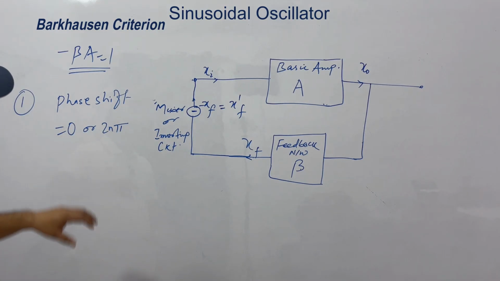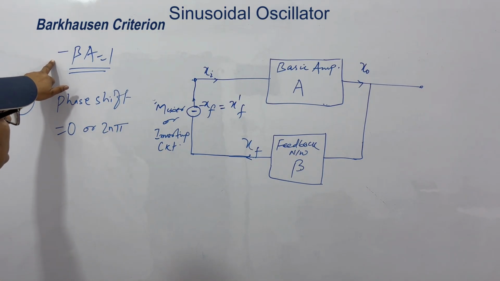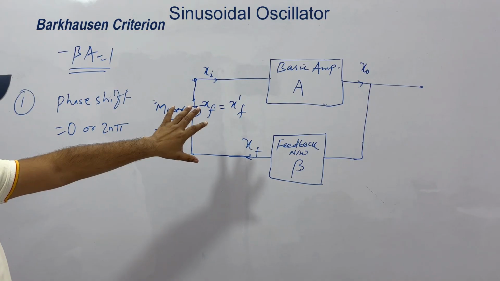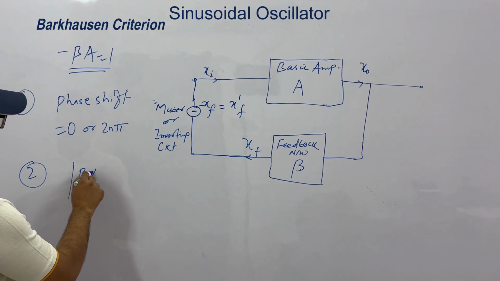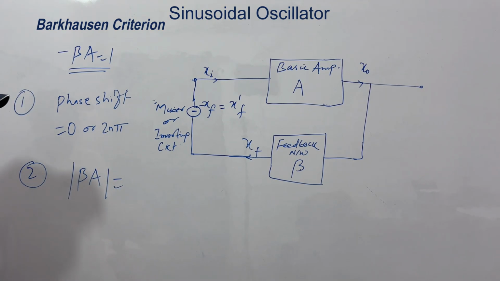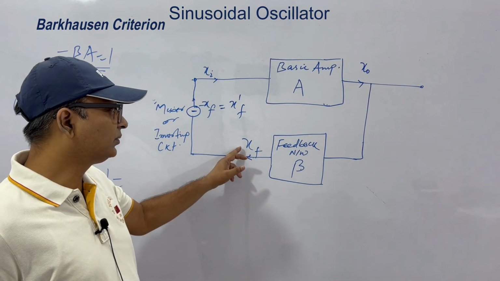At this condition, this condition will be satisfied. Second condition will be that the modulus of this beta A, that is the gain after this feedback network,